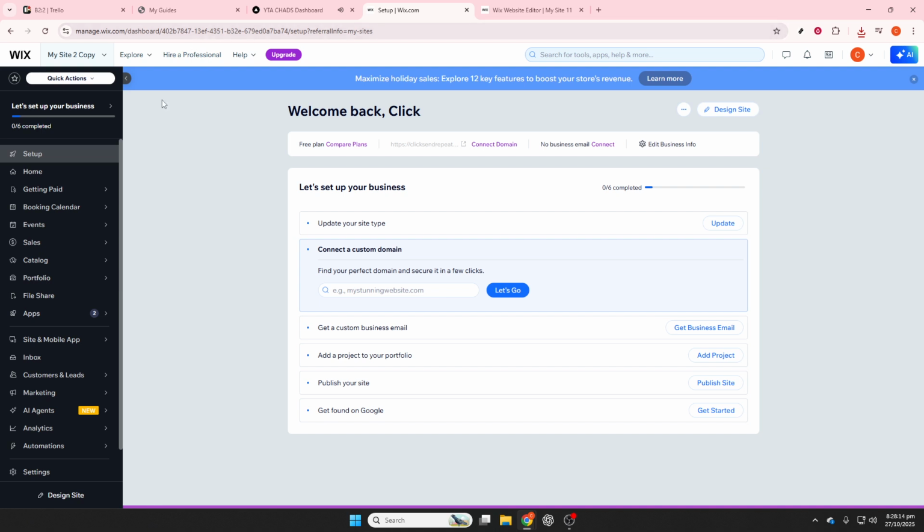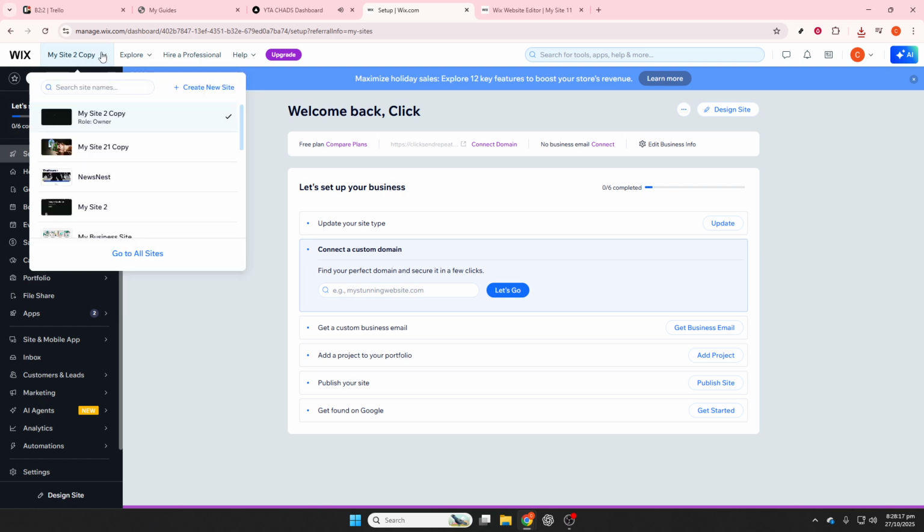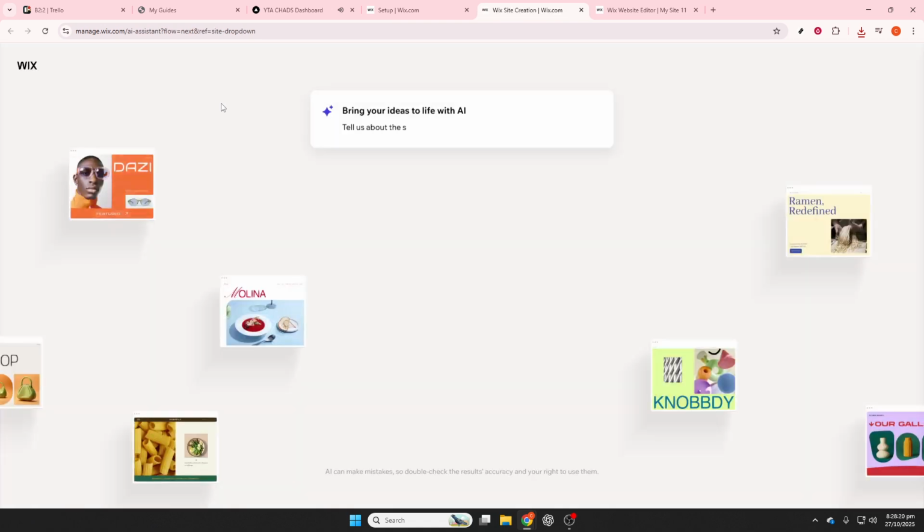First, the journey begins by heading over to Wix.com. This is your starting point for all things Wix related. Once you're there, look for the Login button, usually located at the top right corner of the page. Click it, enter your credentials, and you'll find yourself on your dashboard, the command center for everything you need to